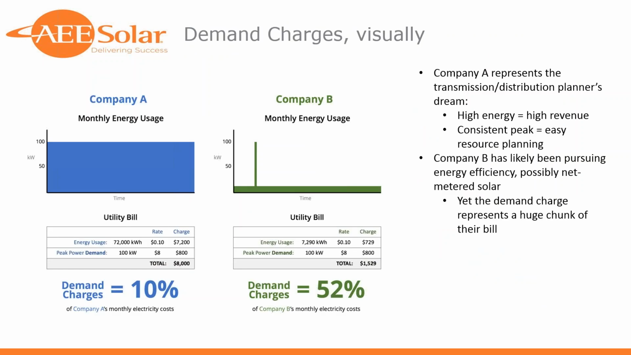So two theoretical customers. Company A hits 100 kW basically the entire period, and you see there their energy usage, 72 megawatt hours in this period, a $7,200 energy charge. They're paying a demand charge of $8 per kW, 100 kW met, every interval of that period, $800 demand charge. On the other hand, you see Company B, who, from the looks of their billing, has done a